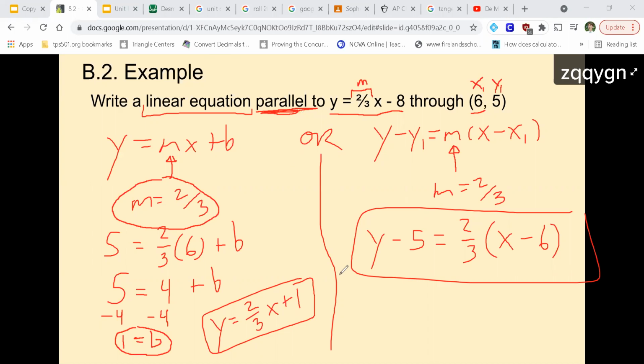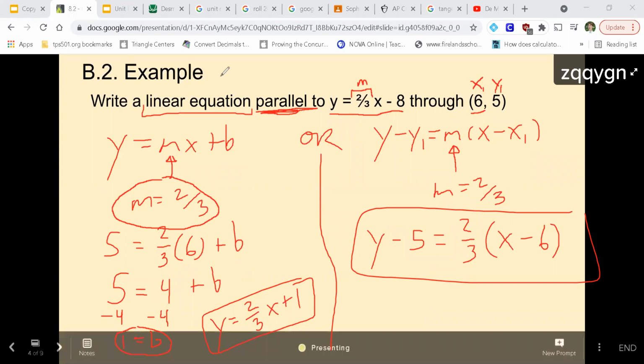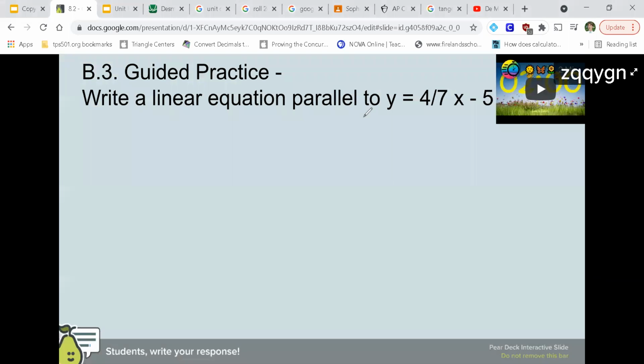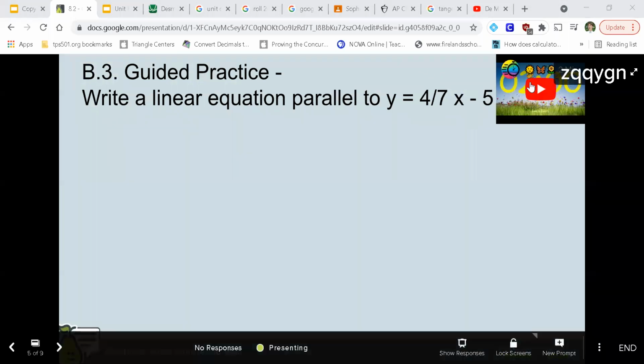All right. Anybody need more time to write? Okay. Then the rest of this class is going to be you practicing. So first, write a linear equation parallel to this one. For this one, you can go through any point. Doesn't matter. You get to pick your y-intercept. I want any linear equation that is parallel to this one. I'll give you 2 minutes. That's more than you need, but